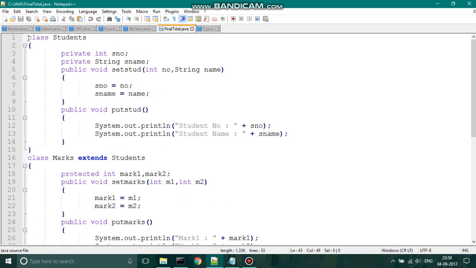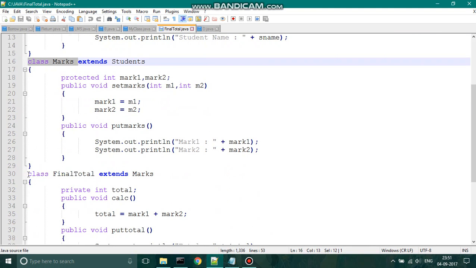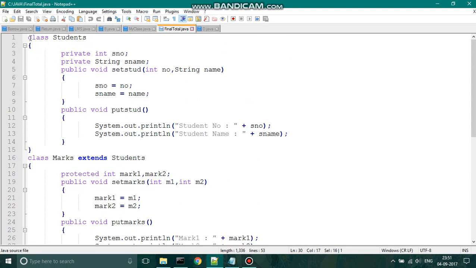We have a class students which is inherited by the class marks. This marks is also inherited by the class final total. As we can see, the first place class is students which is inherited by marks. Currently, this class marks acts as a derived class.